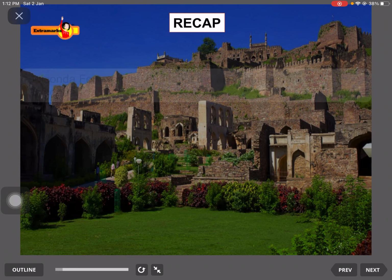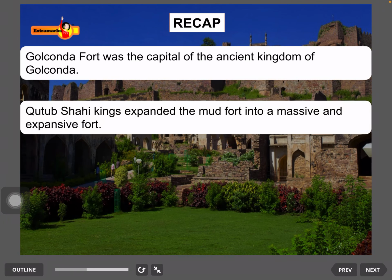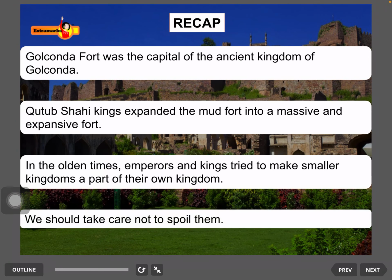Recap. Golconda Fort was the capital of the ancient kingdom of Golconda. Qutub Shahi kings expanded the mud fort into a massive and expansive fort. In the olden times, emperors and kings tried to make smaller kingdoms a part of their own kingdom. We should take care not to spoil them. So we learned about this Golconda Fort in detail, and you can read pages 92, 94, 95 and 96,